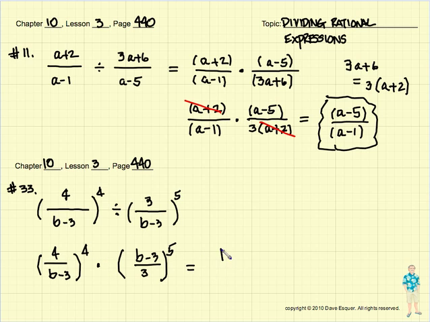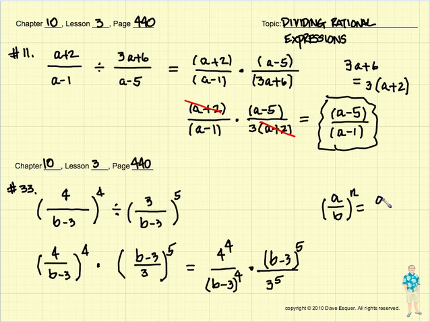So this turns out to be 4 to the fourth over b minus 3 to the fourth. Remember our rule from exponents, times b minus 3 to the fifth divided by 3 to the fifth. And if you forgot that rule, let's write it out here. We got a over b to the nth is the same thing as a to the nth divided by b to the nth. So that lets us simplify this then as b minus 3,